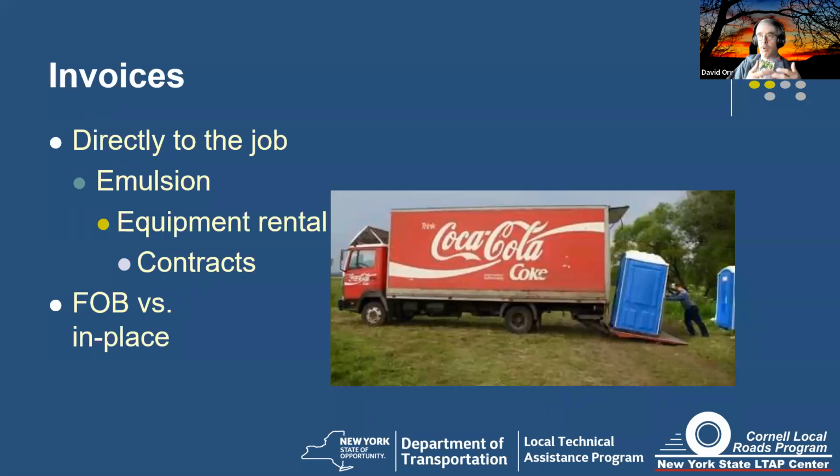So if you're purchasing, say, porta potties for a job and you're getting them FOB, you may need to add a few $100s to get them to the job site, but you can move them around then versus having them delivered and picked up at the site. You have to make sure you compare apples to apples. So include the cost of freight. That's just something to keep in mind.